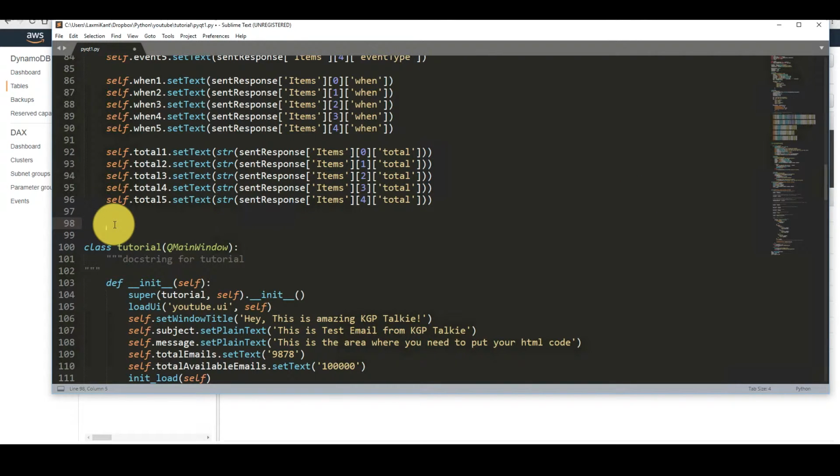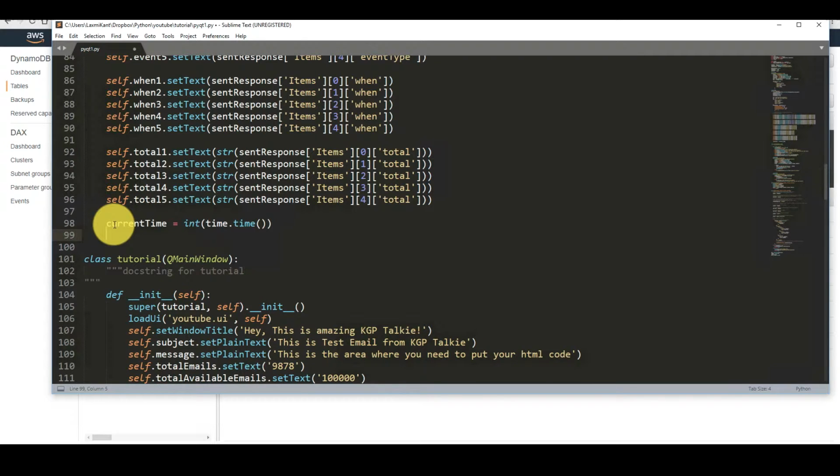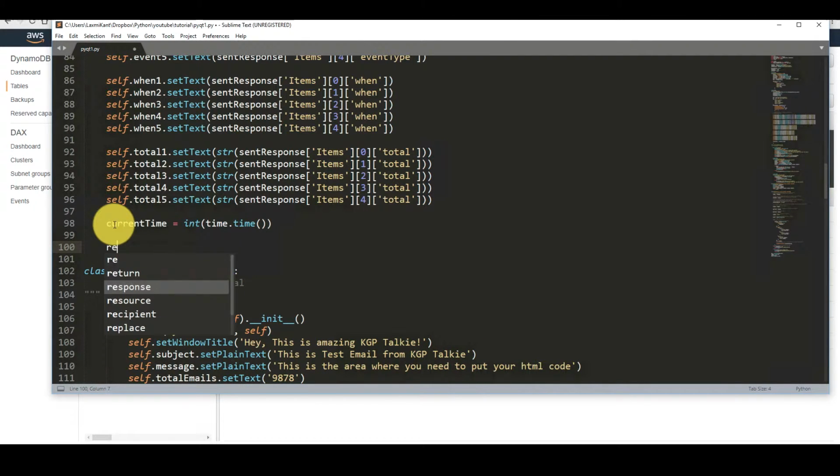So first of all we have to get the current time here. So the current time is equal to int, so int will be the typecasting, and then time, it will get the current time. And after that we will read a table. We will make a query in the table. So the response is equal to